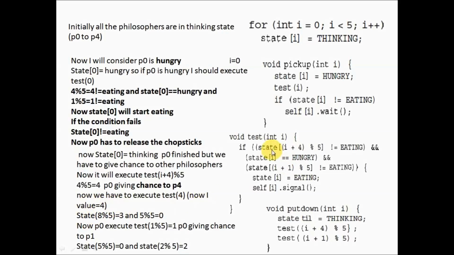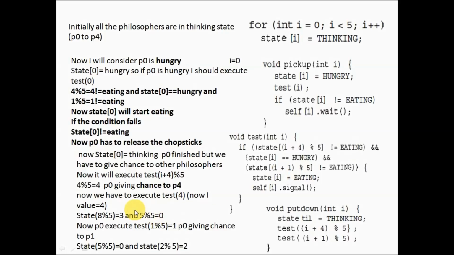So I will execute the next statement inside the test. I is 4 now. Just remember that 4 plus 4 is 8, modulus 5. 8 modulus 5 is 3. If 3 is not eating, then P4 can eat. Next, I plus 1 modulus 5. 5 modulus 5 is